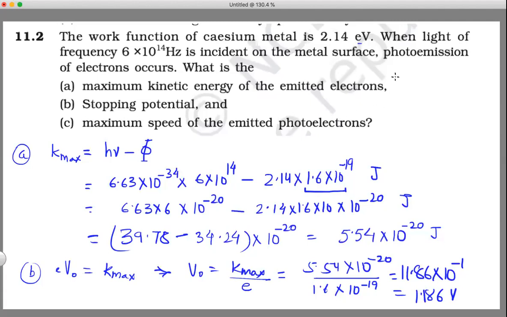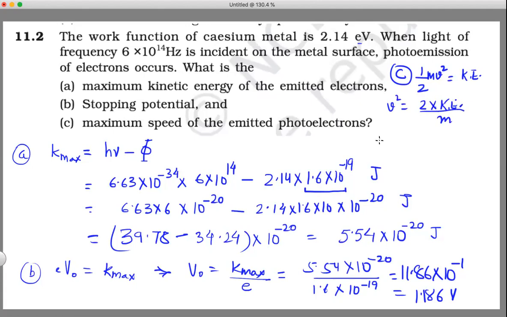Maximum speed of emitted electron. How will we do that? How do we find the maximum speed? This is the standard, classical mv square. Half mv square is equal to kinetic energy, right? So what will we have? We will have v square is equal to 2 into kinetic energy by